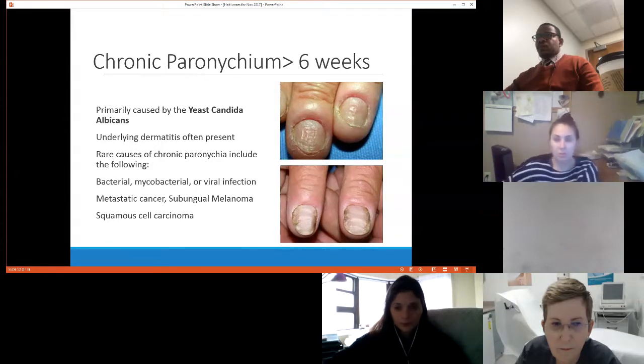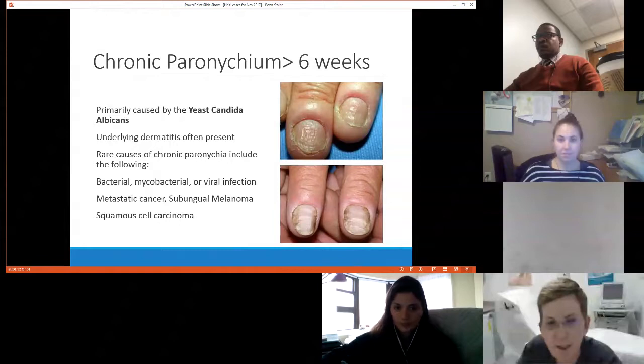So there are rare causes of chronic paronychitis. As I said, usually chronic is yeast, but bacterial or viral causes, as we mentioned, are possible. Think of cancer, or even subungual melanoma or squamous cell carcinoma. These would usually be